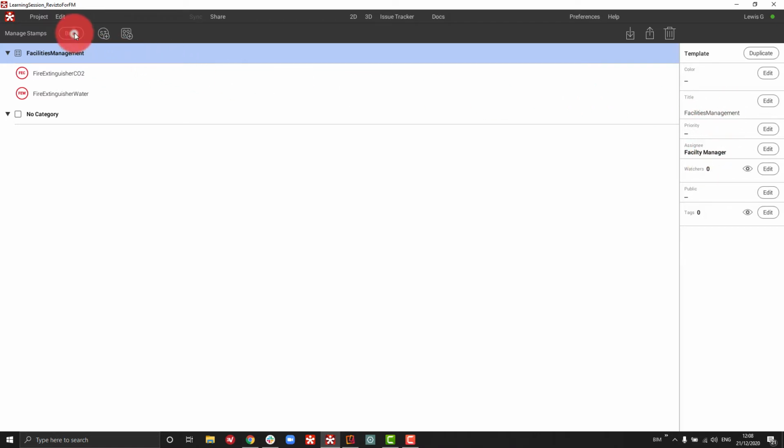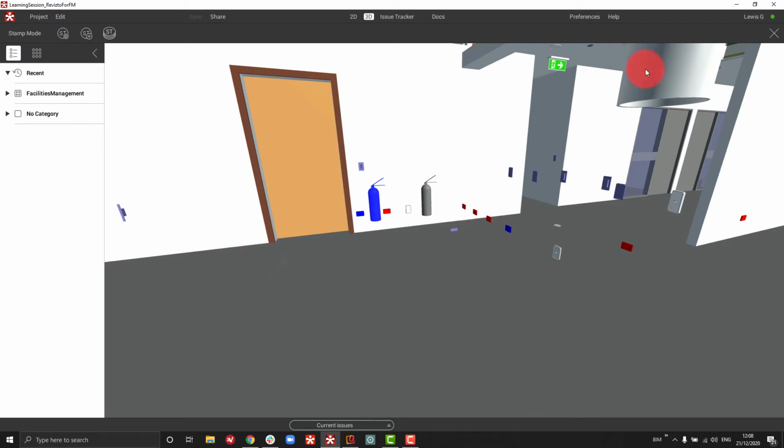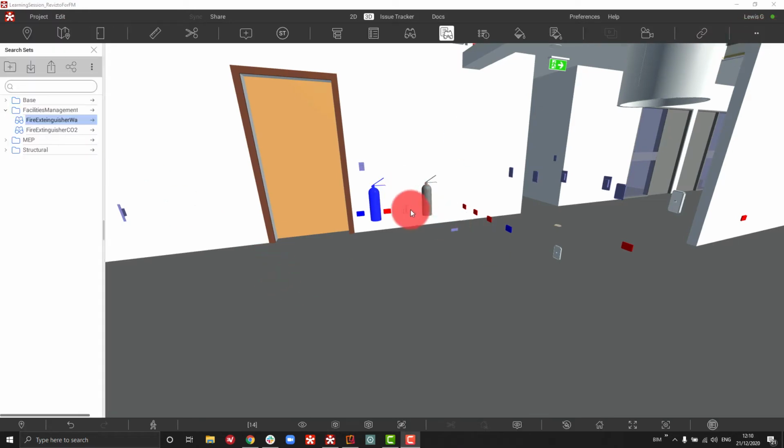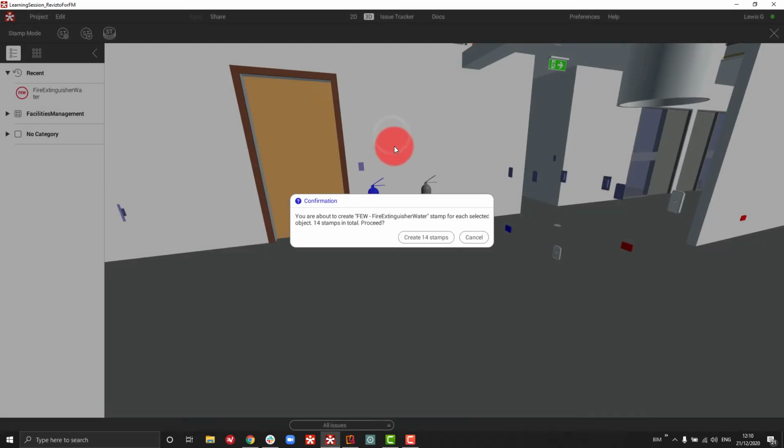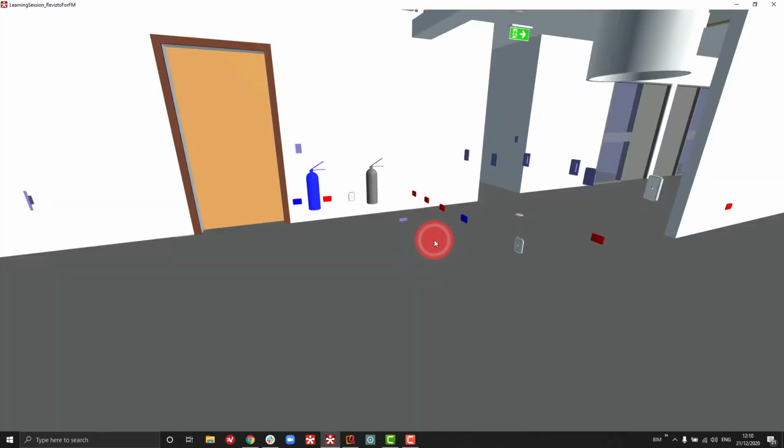We can adjust the other template options in the stamp, but we don't need to for the sake of this demo. I can then go back here. So if I close this again, you can see that we've got 14 objects still selected. So we go into stamp, we multi-stamp, we can pick up fire extinguisher water, and it's going to create 14 stamps for us